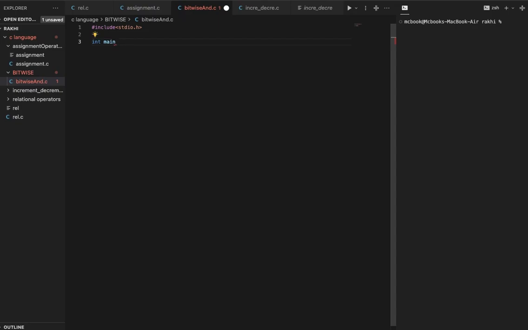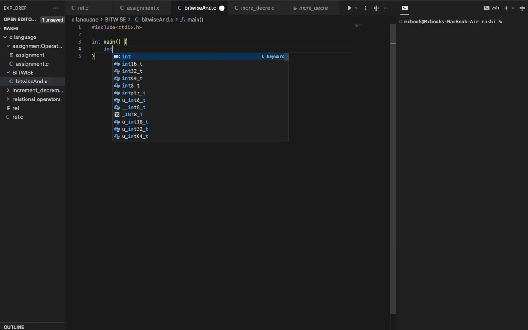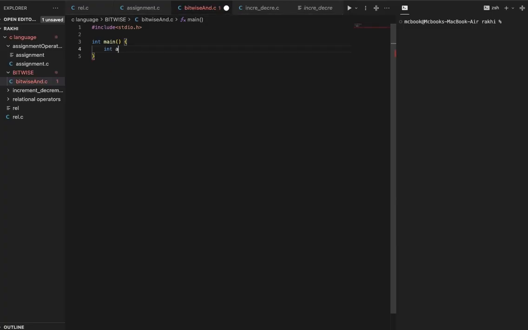It has all the C library, and then int main, function calling.